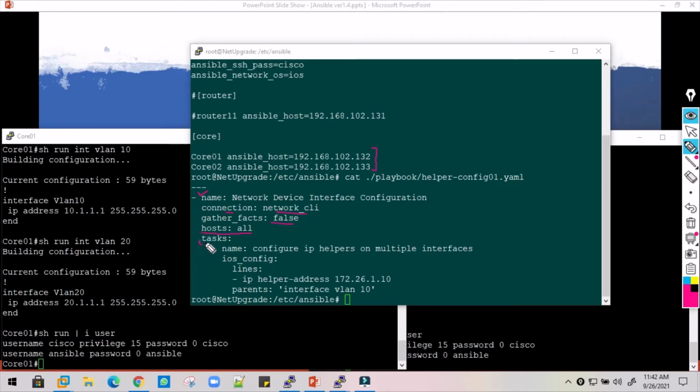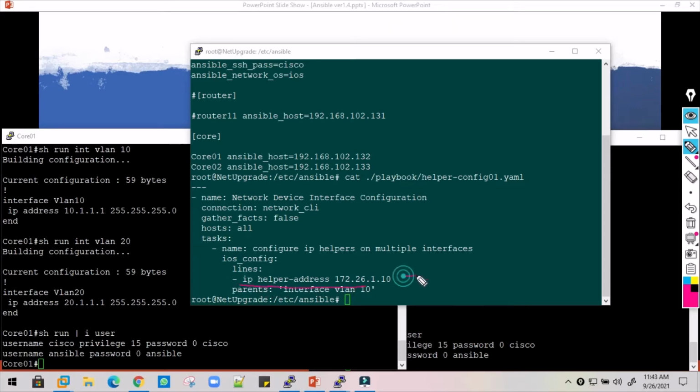Then it needs to jump into the task and execute one task, whose name is configure IP helper address on multiple interfaces, which in our case is VLAN 10 and VLAN 20. We can specify multiple interfaces as well. Now we pick up one of the modules, called ios_config, and in the lines function it says I need to configure the IP helper address command.